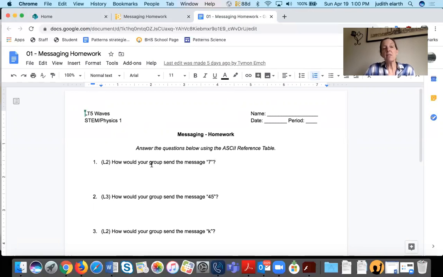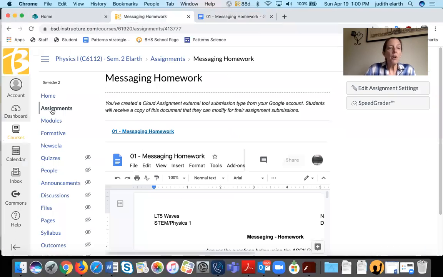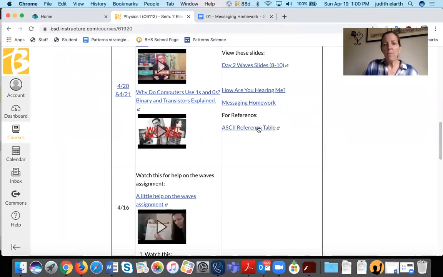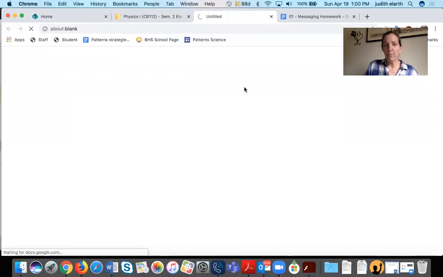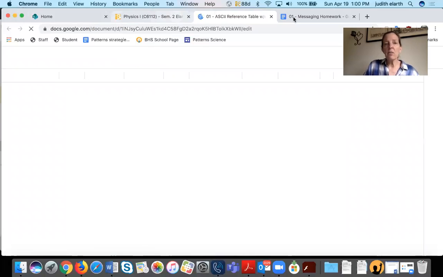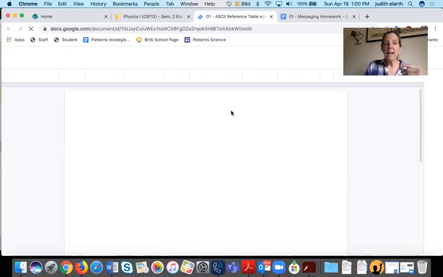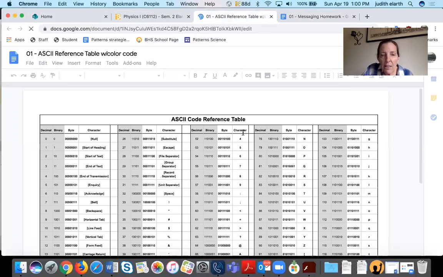So this just says, how would you send the number 7? So on this one, all you have to do, I closed everything down to make my computer faster, so sorry, I have to open it again. You can use this reference table. And so if the question is, how do I make a 7 with bits? I would look on here when it loads and find right here, it says the character, here's the number 7 right there.